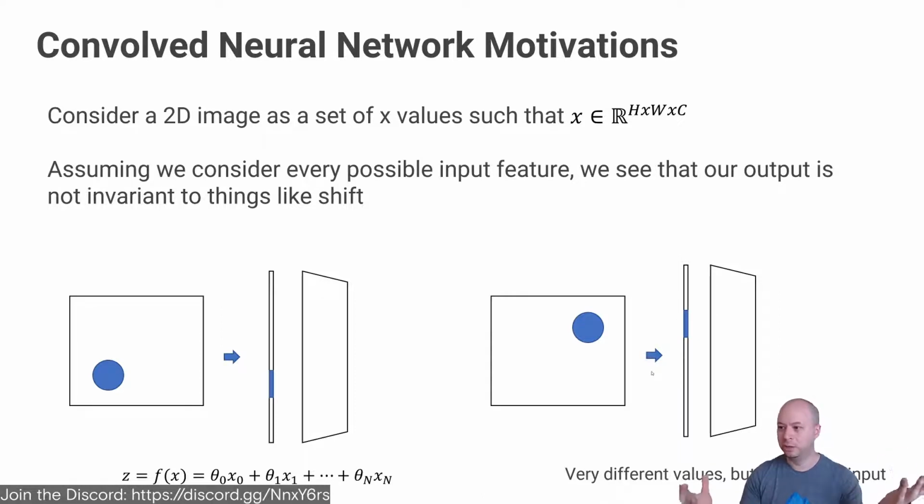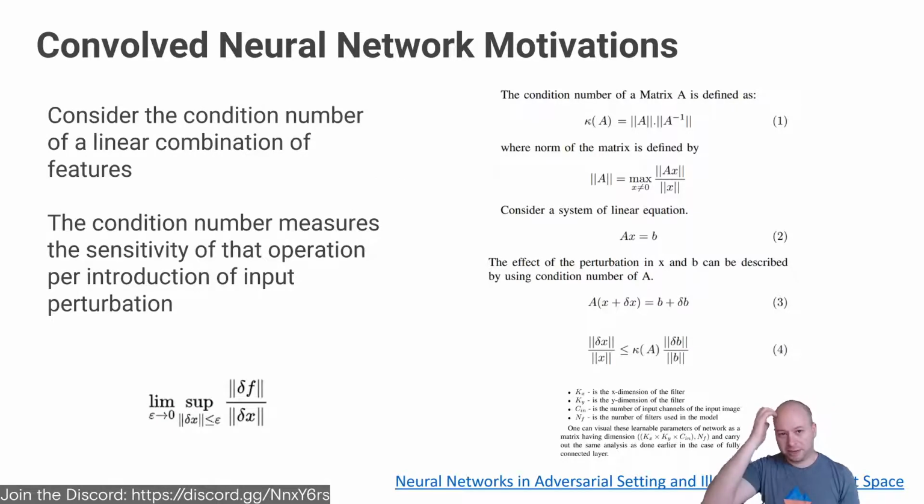Then how do you deal with a layer that basically has to have this very, very complex thing? You have to basically layer them like string cheese, many, many different layers, to detect all the different potential permutations of our input values. So another way to think about this is in terms of what's called the condition number. And the condition number essentially represents the change of a particular function in its output with respect to the underlying change in its input. And so this is the equation as the limit of the error as you